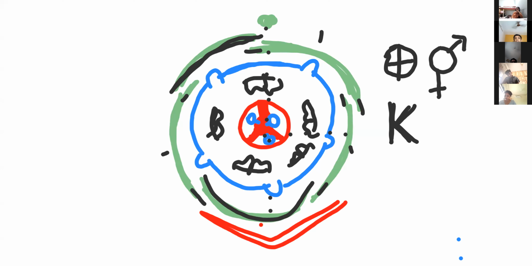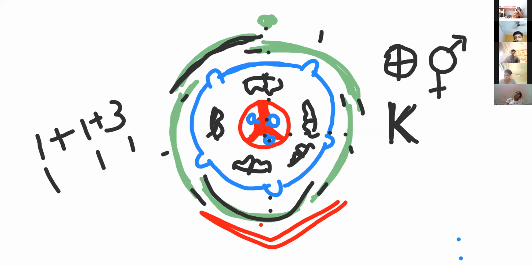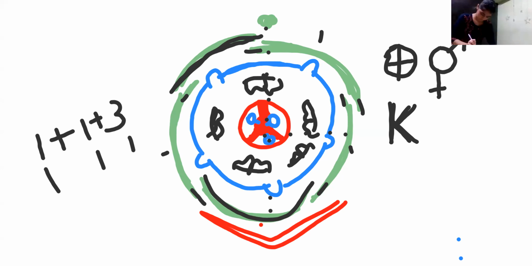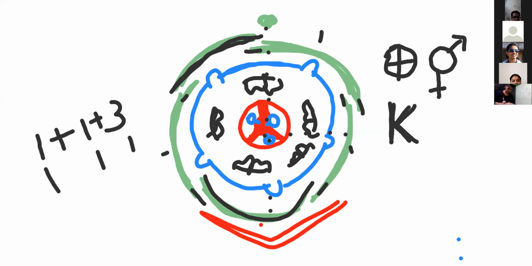twisted in form, right? So in which type of estivation, as we have learned, is there a 1 plus 1 plus 3 arrangement, 1 outer, 1 inner, 3 twisted? Imbricate. Imbricate estivation, correct. So see, here we write in this way, 1 plus 1 plus 3. Right? Imbricate estivation, 1 plus 1 plus 3. Next.